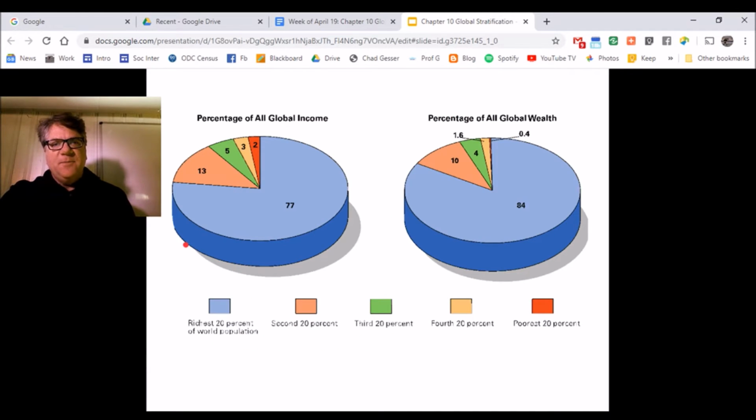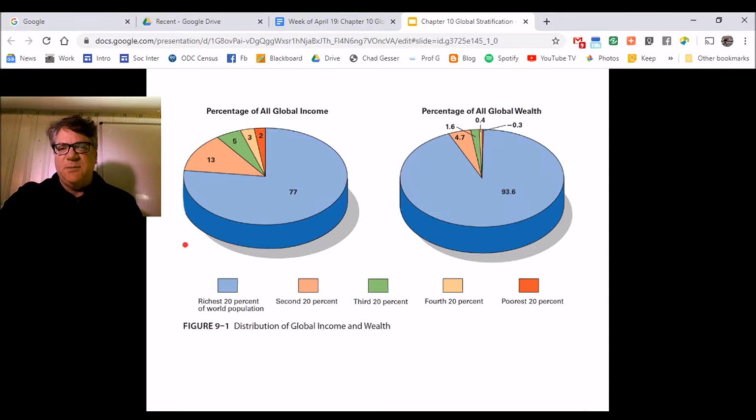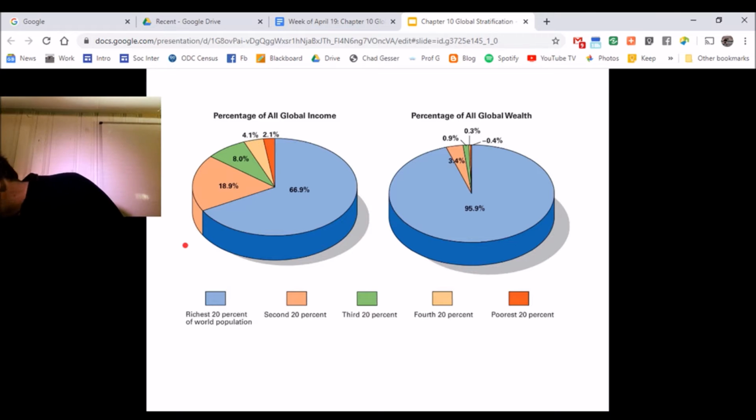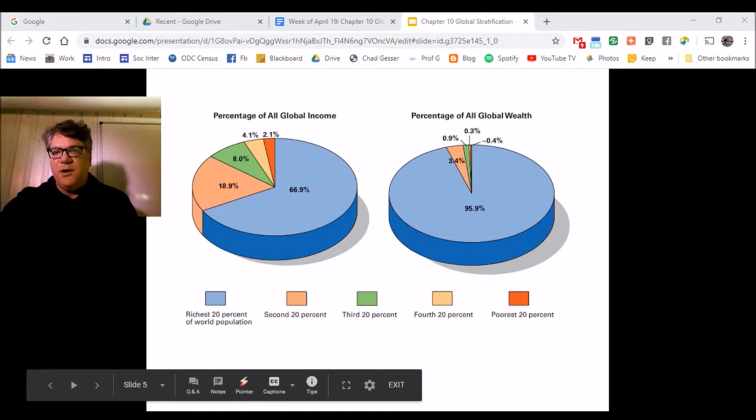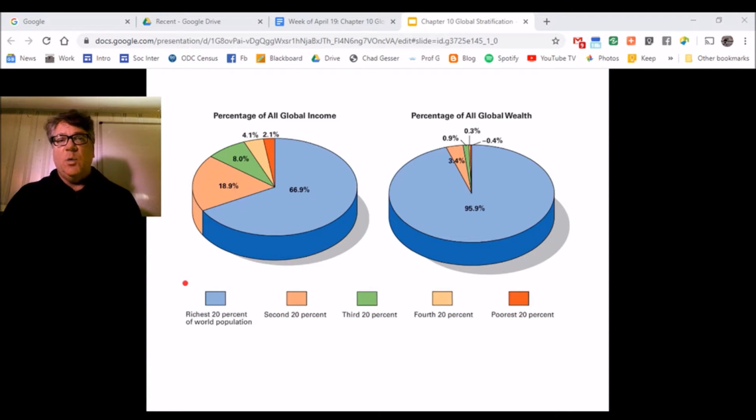So we're going to look at some pie charts. Now, you might recall that we did this, and I'm just going to jump to the most recent one that's in your textbook, and this is on page 285. You recall back in the chapter right after spring break, I think it was chapter 9 on social stratification and inequality, where we introduced the terminology of stratification and inequality, and we also